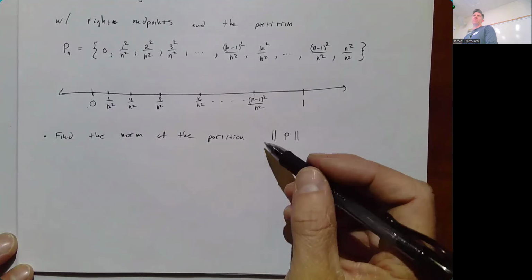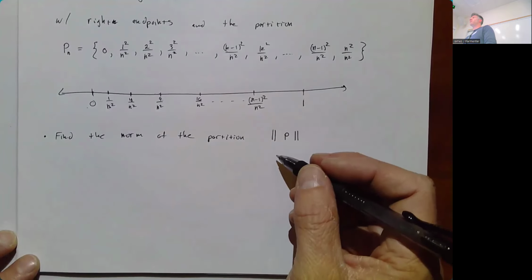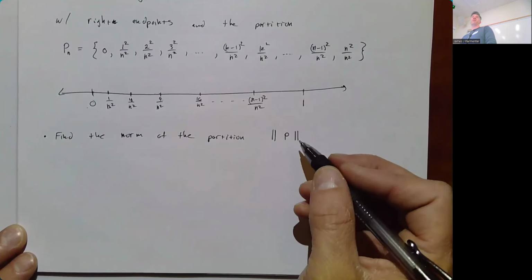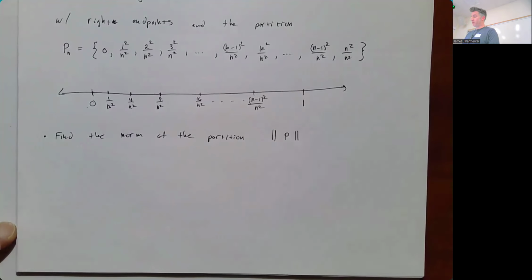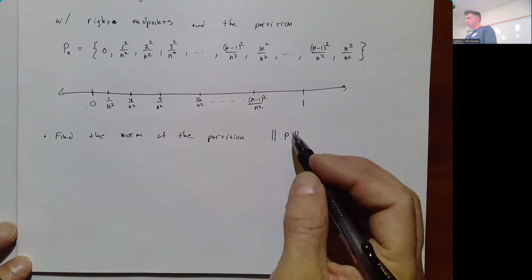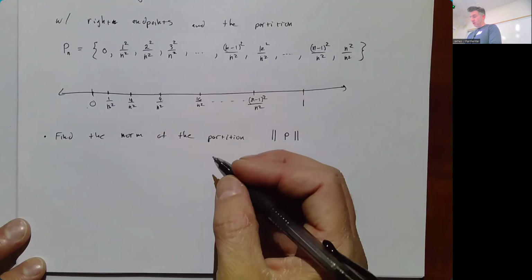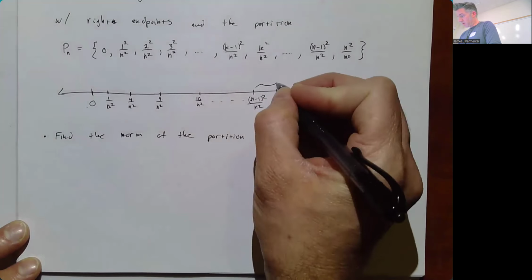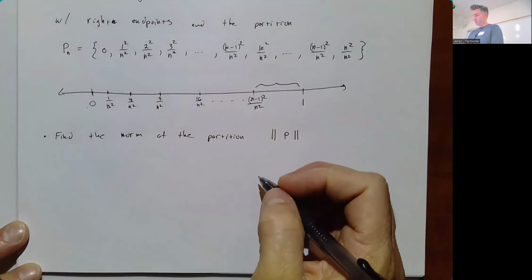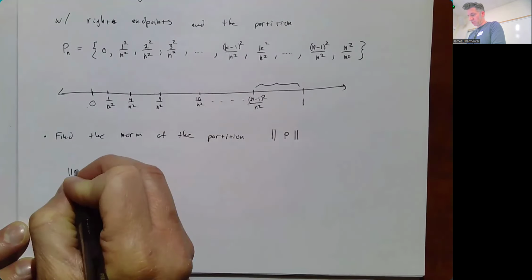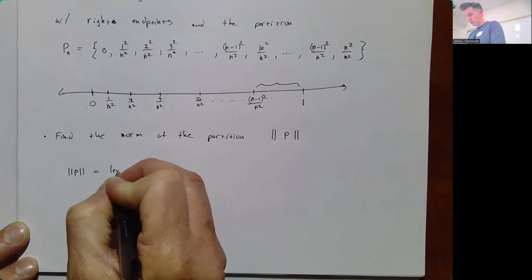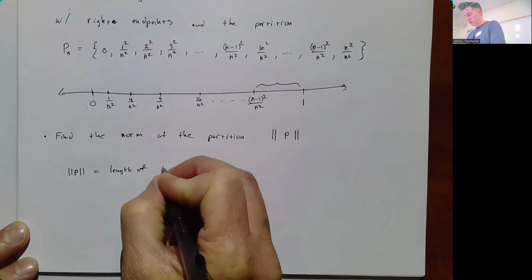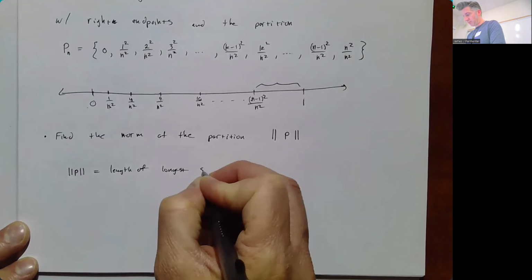You'll definitely see this again when you take 21C, I think, when you talk about vectors and finding the length of a vector or the norm of a vector or the magnitude of a vector. This notation is often used. So the norm here is going to be whatever that length is there. So the norm of P, which again is just the length of the longest subinterval,